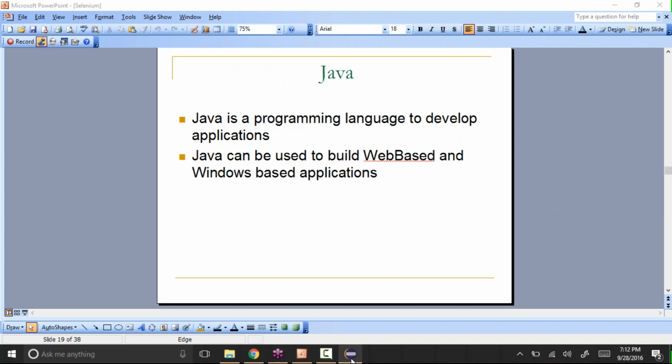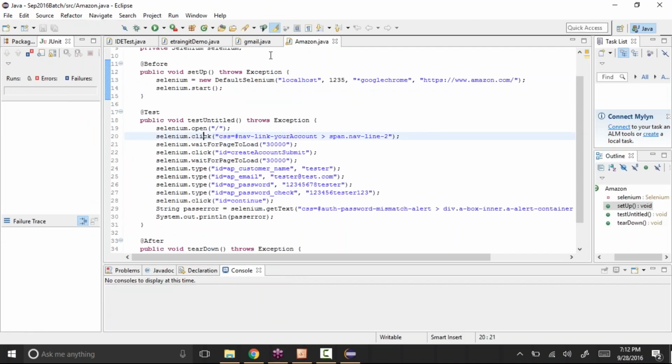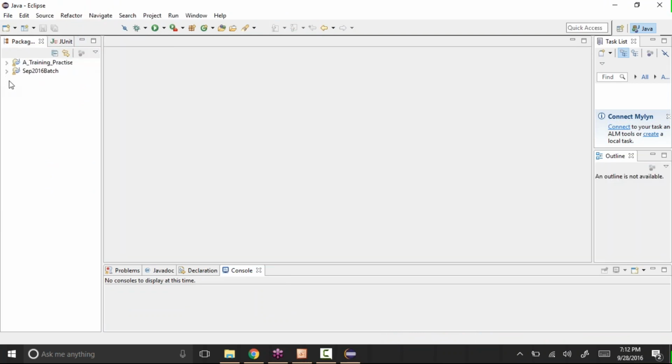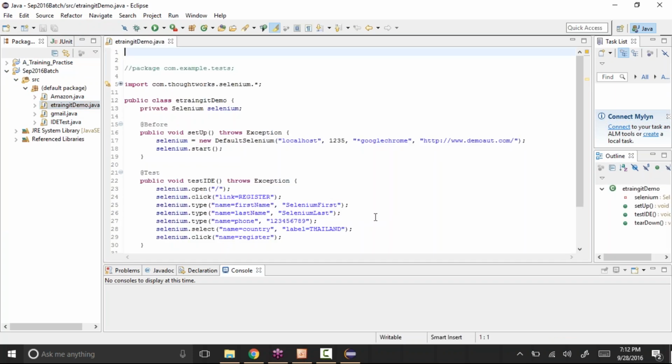Okay, so let me launch Eclipse. I am going to our package. In the last class, we saw how we can create the RC code in Selenium, how we can create code without even recording with the help of the IDE. We were able to write the code and execute that code with the help of the Selenium RC server.